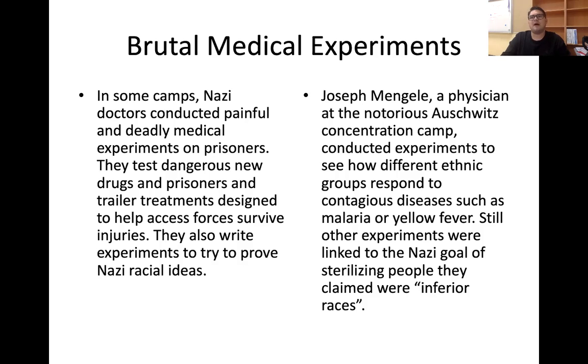They would see how it affected them, to see if there was a difference between how malaria would kill them compared to killing white people from Russia or other German Jews. They would experiment on these people, and they're dying, right? And that was the plan. They wanted them to die, but they were trying to get information that they thought was insightful, when in reality it really wasn't. So for example, in Auschwitz, what they would do is he would